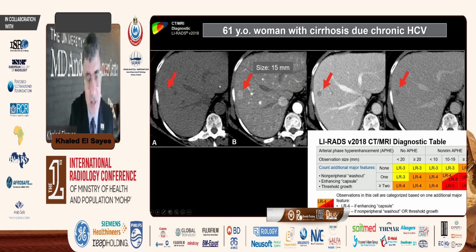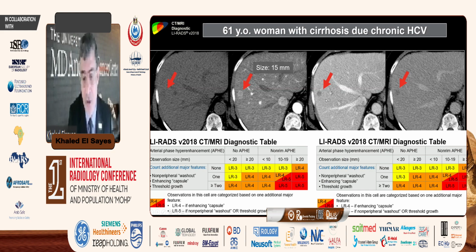What about this, guys? This is 15 millimeter. How do you deal with this one? This is actually a case I'm trying to trick you with, but it's a real case. The radiologist measured this in the arterial phase as 15 millimeter, but when measured in the portal venous phase, it becomes much less in size. It becomes 8 millimeter. And when you measure it as 15 millimeter, you categorize it as LR5, right?